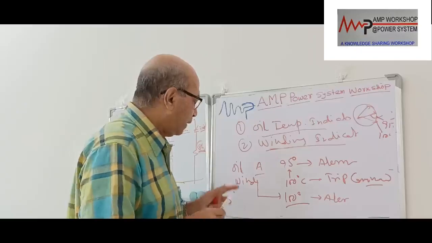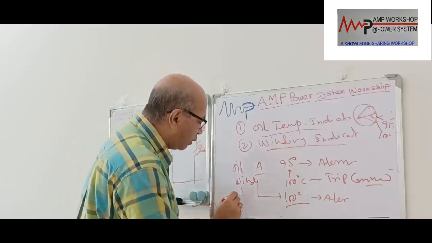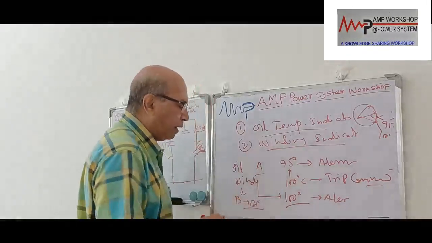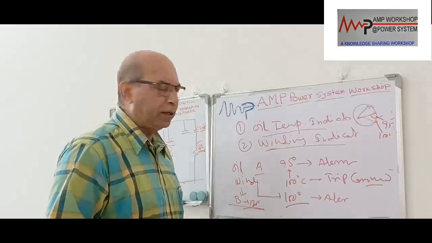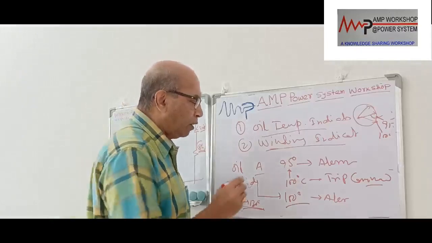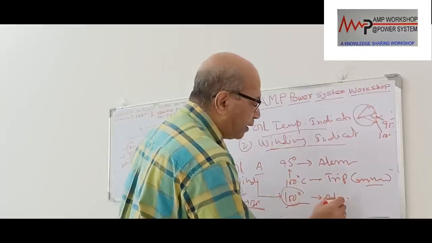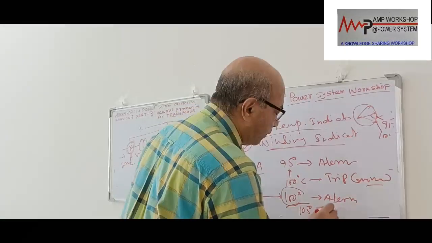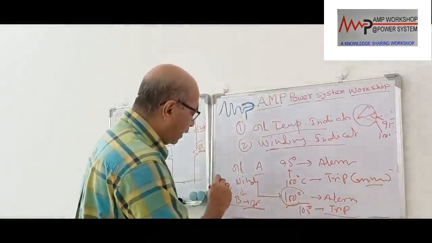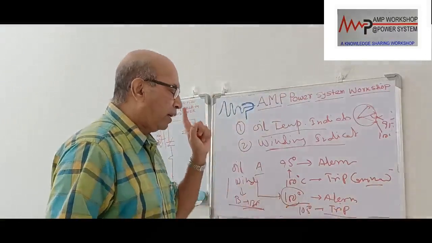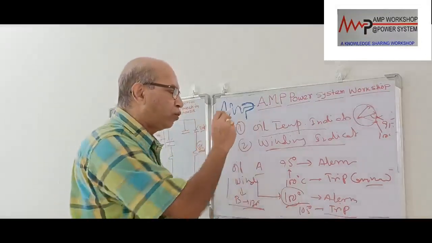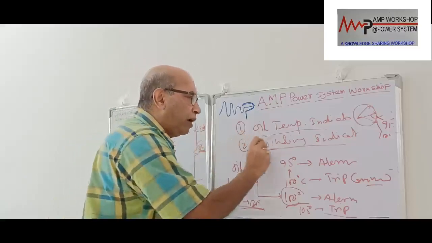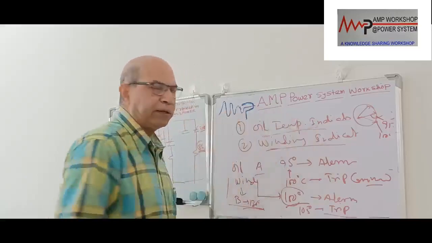That's why we have said winding insulation. We get B grade insulation, that is 130 degree centigrade insulation. So the winding can go up to 130 degree, but we don't allow up to 130 degree. At 100 degree we get an alarm, and at 105 degree we get a trip. So this is the second level of protection there. In case of overloading of the transformer, there are two devices on the transformer which can protect against it. One is the oil temperature indicator, another is the winding temperature indicator.